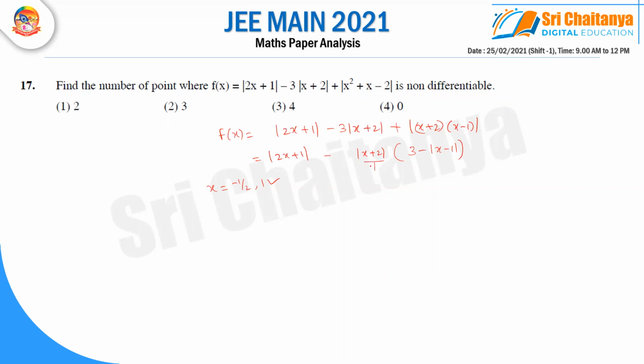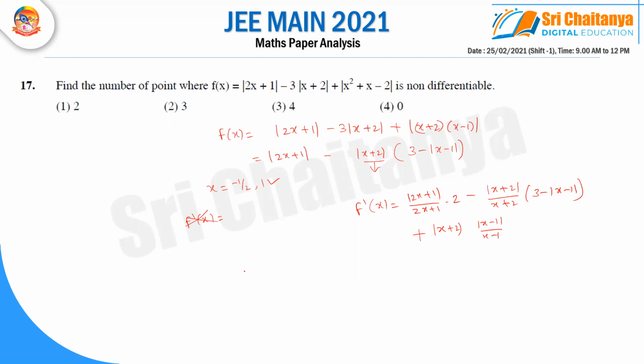When we get to the term of mod of x plus 2, we need to check carefully. So when I write f dash x, I'm getting it as, see, this particular will be differentiable. Or let's just take the value of f dash of x. You'll be getting mod 2x plus 1 by 2x plus 1 into 2 minus mod x plus 2 by x plus 2 into 3 minus mod x minus 1 minus mod x plus 2 into, so it becomes plus mod x minus 1 by x minus 1.